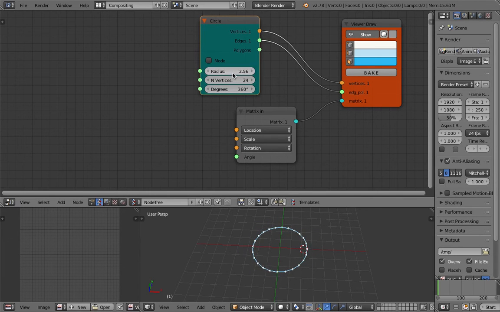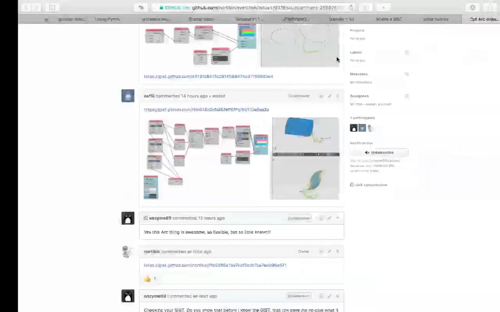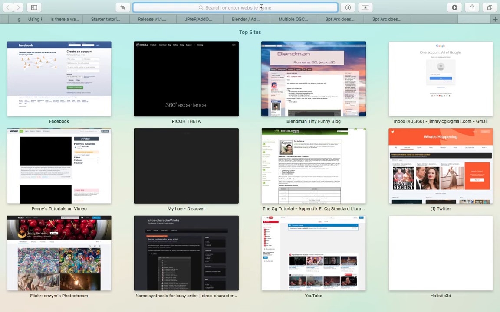I know that with Sverchok we can easily just plug in a list of values. This is Sverchok, so that's how it works. A little bit like, let's see if I could think of